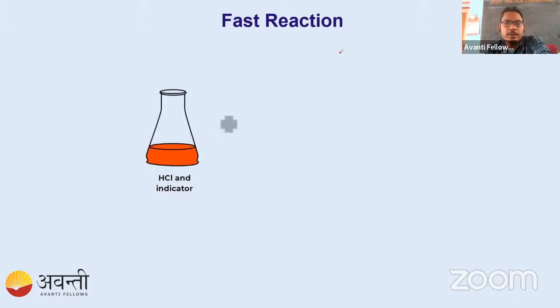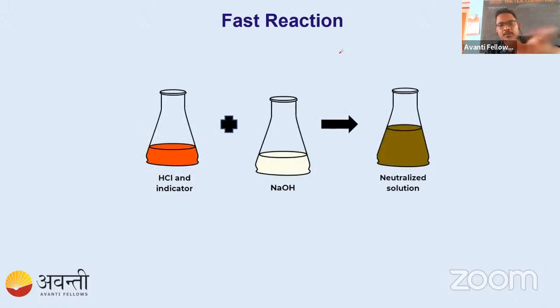In the first reaction, suppose you are taking any chemical reaction, for example you can see here acid with indicator. Why do you use the indicator? This indicator will indicate whether the particular reaction is taking place or not. Like we have an indicator in a bike, it will indicate. So indicators are some colored substances. While a chemical reaction is taking place, they will change their color. Suppose you have taken HCl and NaOH, if you put them together, they will react spontaneously and give you some salt. In this case, they will give you NaCl salt, a neutralized solution.